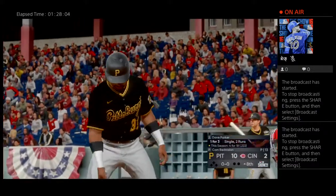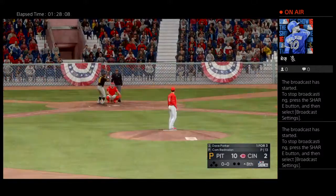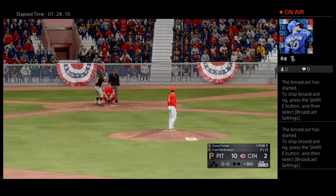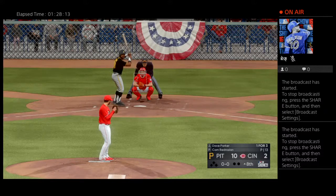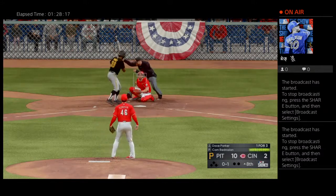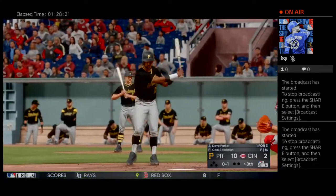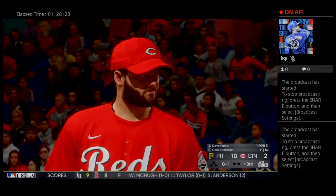Striding in is Dave Parker. He'll start us off in the 8th. The center fielder, Dave Parker. Now the pitch. And a high strike to begin the at-bat. It's 0-1. As we near the end of this one, it's clear the long ball has played a big role